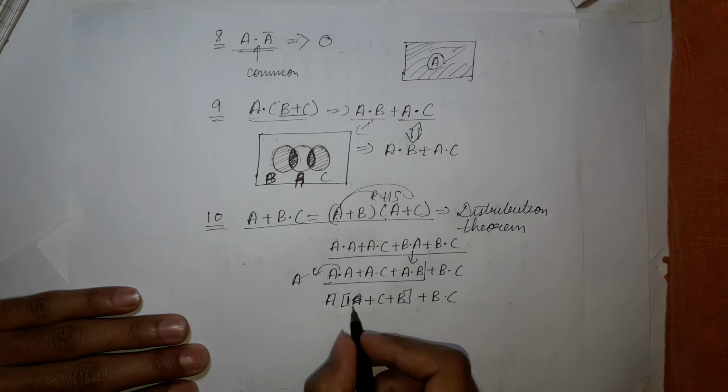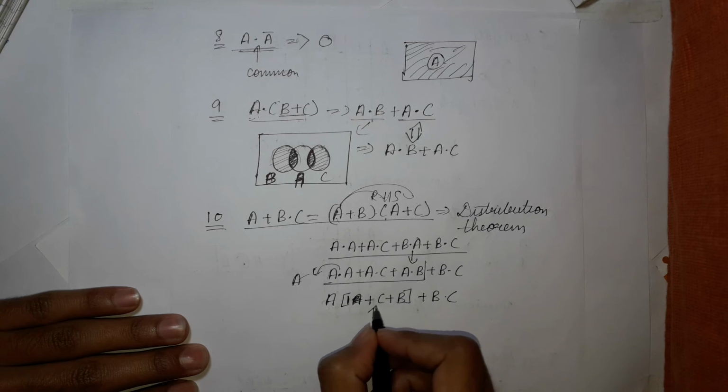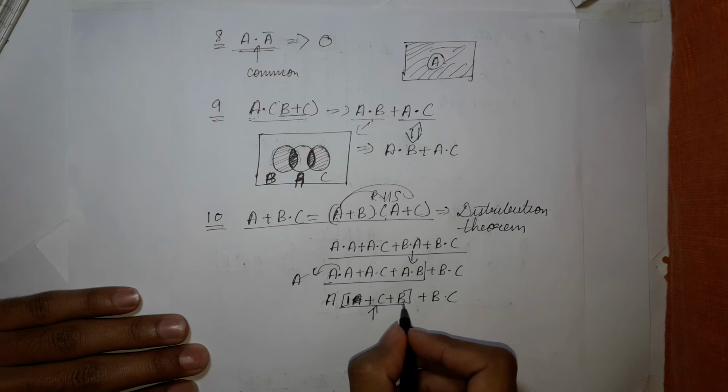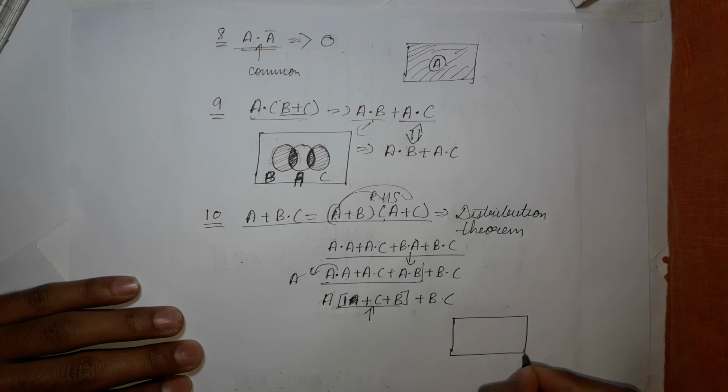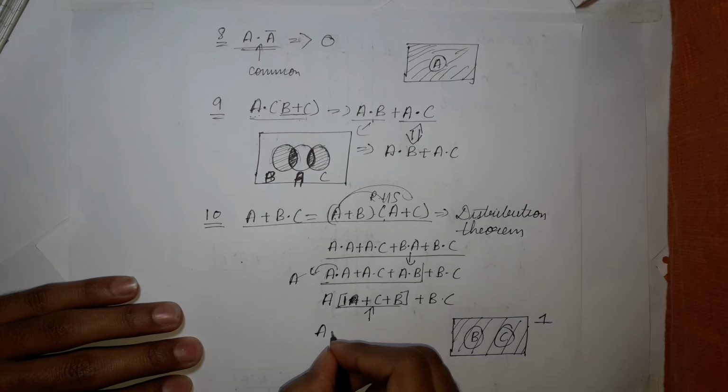Okay, now from here we can see 1 or B or C. Let's answer it using the Venn diagram. This whole portion is 1. Here we have our B, here we have our C. Now what is the total region covered by 1, B and C? That is nothing but this whole one, 1. Alright, so the output will be 1